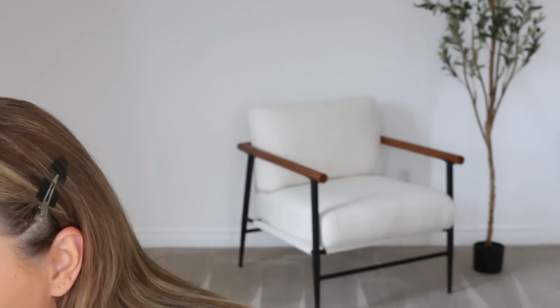And I don't have anything really in my background right now, so this is all gonna change. I just have a chair and a tree that has come in for furniture I've ordered. However, I have painted the room. My carpets are still wet from cleaning them. And I'm just really excited for the change, just to have natural light to film. Obviously, there's gonna be some occasions where it's gonna be hard if it's nighttime, so I'm gonna have to utilize some studio lighting, but I'm hoping to the best of my ability I can film in natural light moving forward